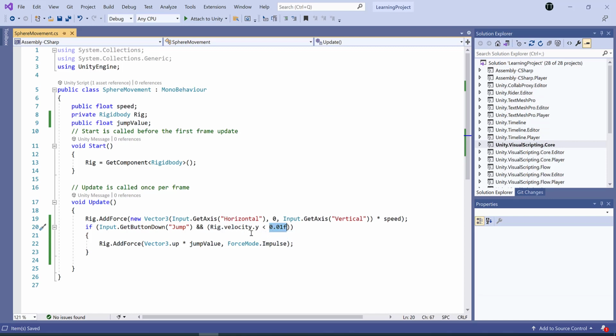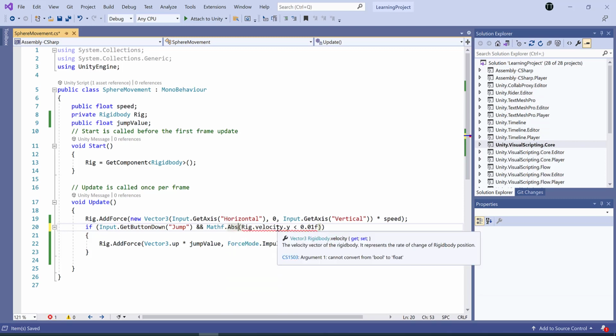So we need to add one more function over here. We need to add one more statement over here, that is Mathf.Abs, absolute value. So what it is going to do, it is going to convert this value to a positive value, because these values can range from positive to negative.